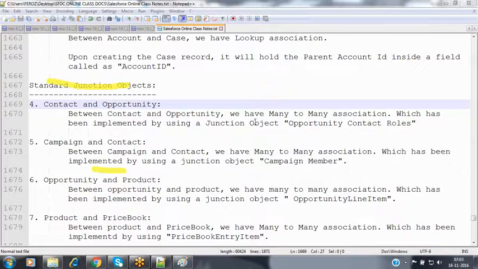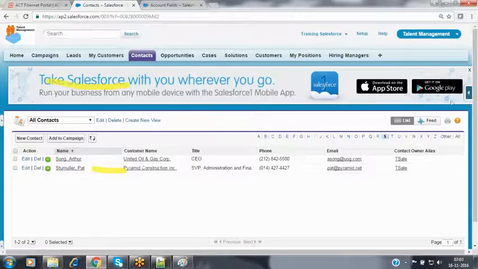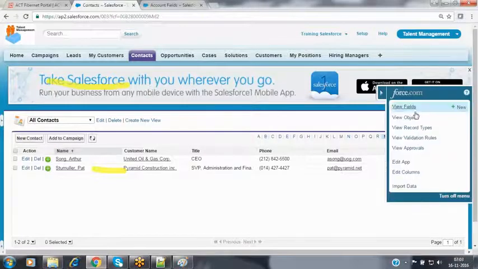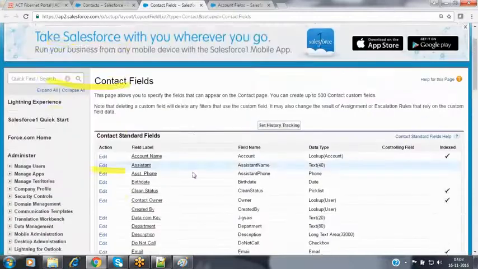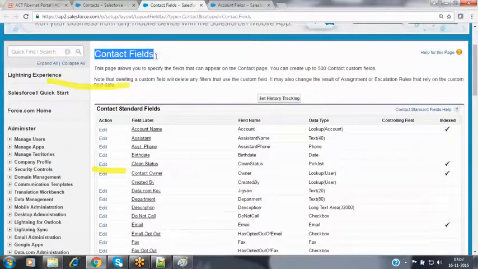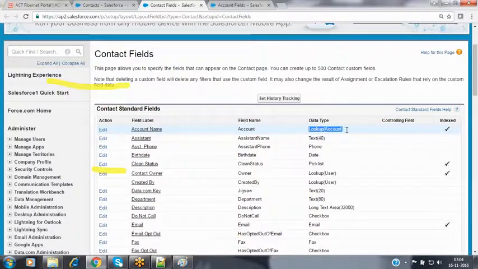When I go to the contact object, can I see that? No, that field cannot be visible to you. When you go to the contact object, it will display the account name, but internally it will be holding a field called account ID. That's what this is, a lookup to account.